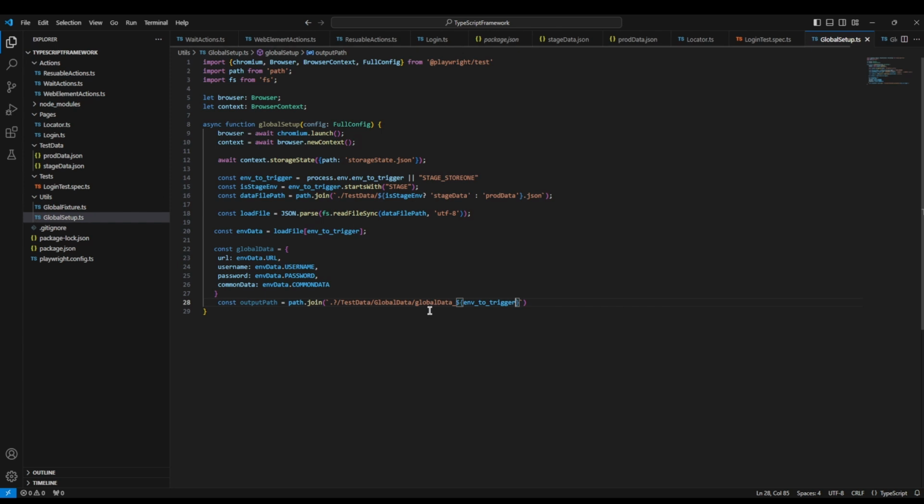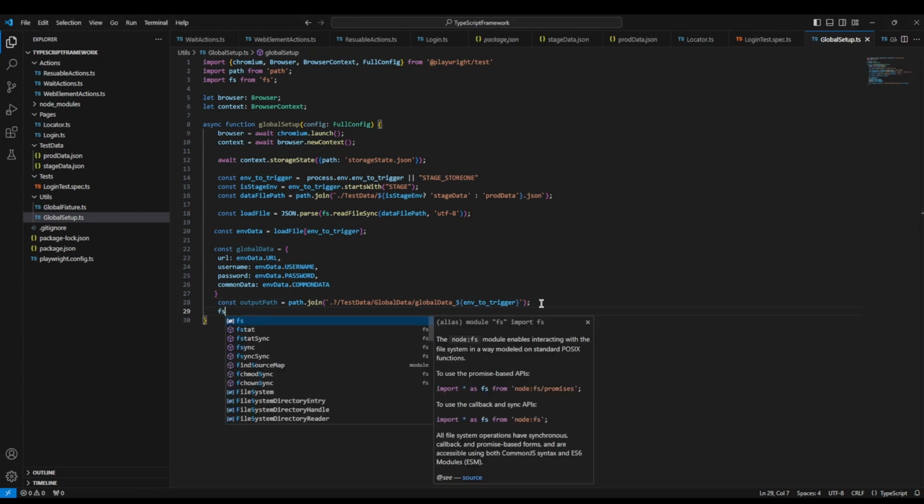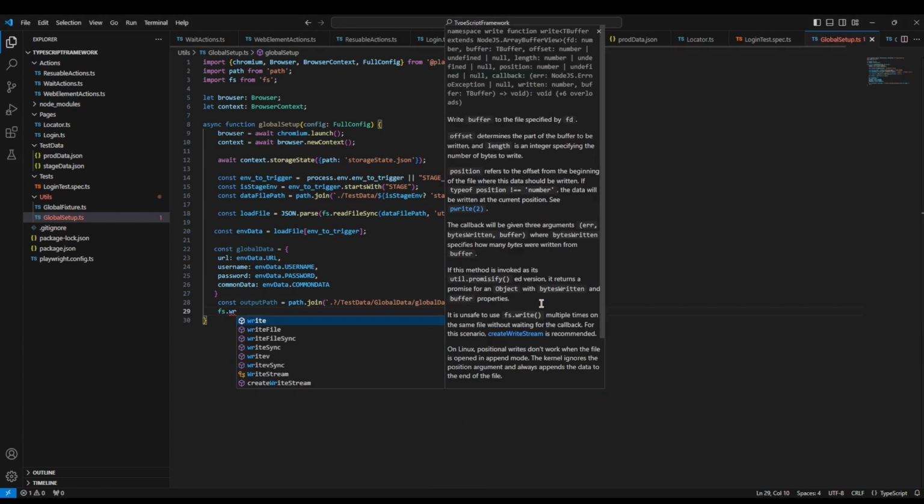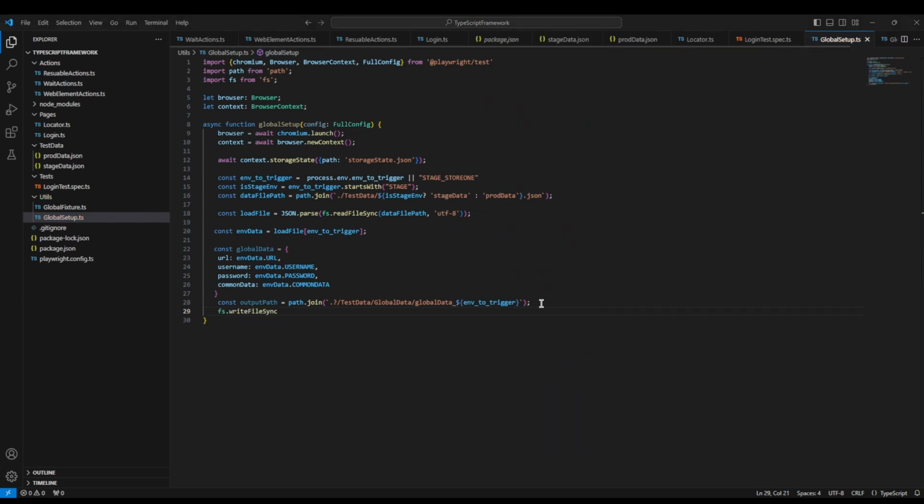So the name of the file will be global data underscore environment to trigger, like global data underscore stage store 1 or stage store 2 or production. It will be like this. So data will be written in this file. So fs dot writeFileSync output path,